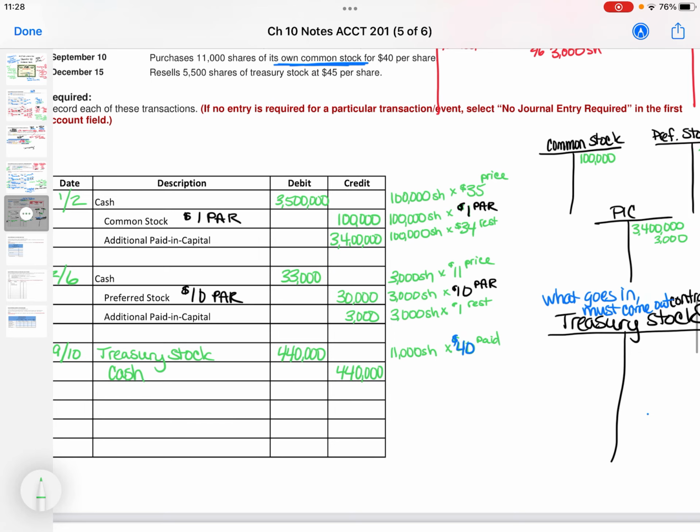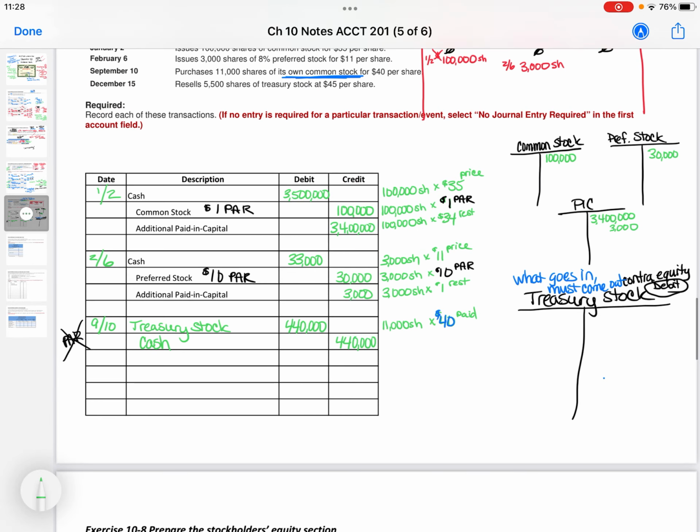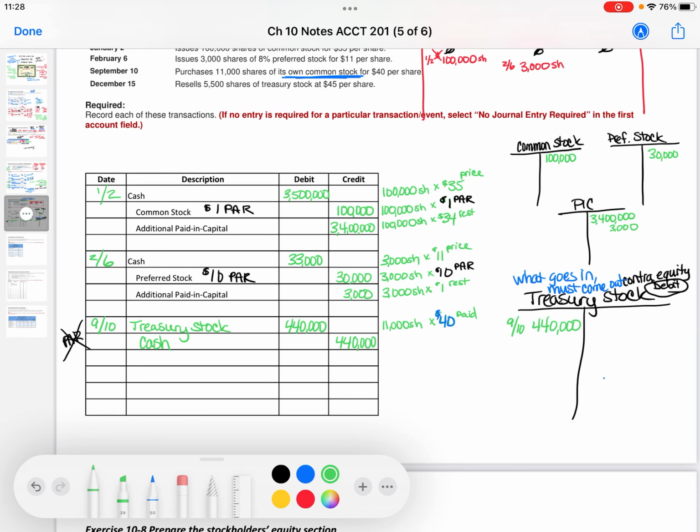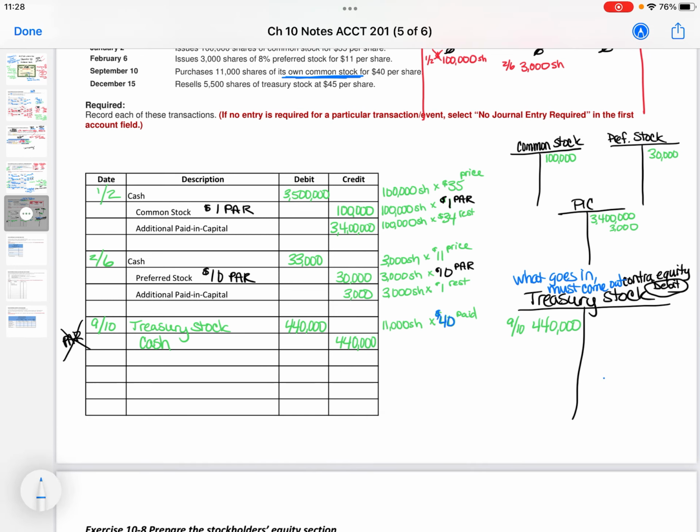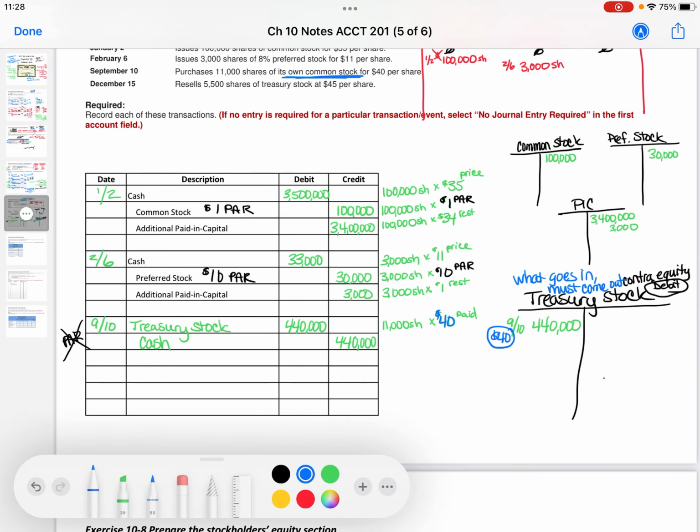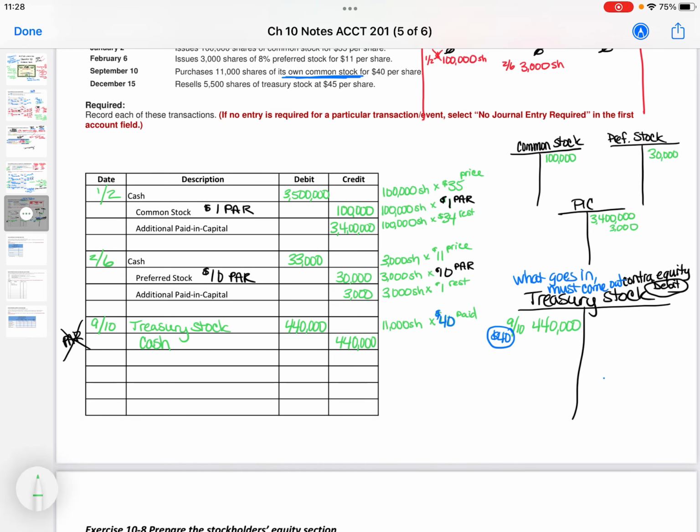So what's happening is over here in my treasury stock account, I'm going to do my debit. It's 440,000, and it's September 10th. And I'm going to write off to the side in blue, different color here, this was $40. Because what goes in must come out. So it's going in at $40, and when I sell it, it's got to come out at $40. Okay, what does that mean? Why do I keep saying that, right? It's very strange. Well, let's look at the next transaction.